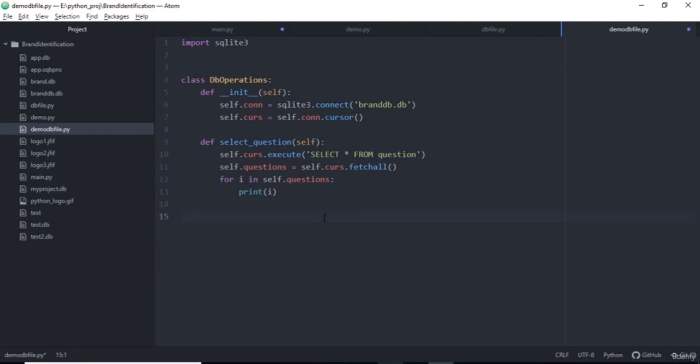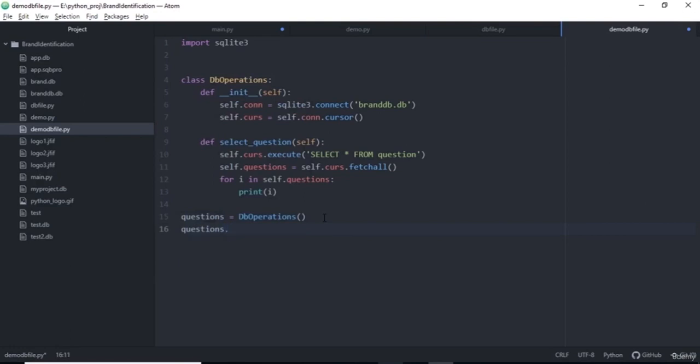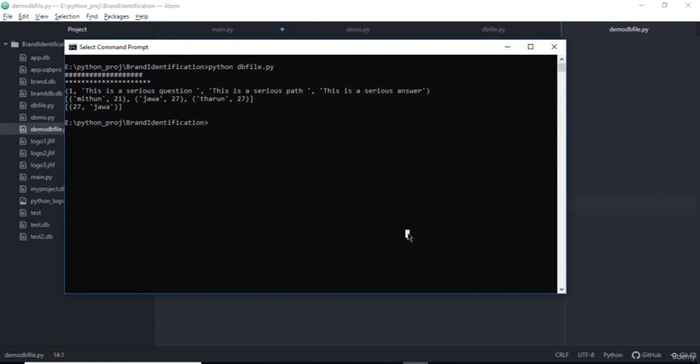So right now I'm just going to create an instance of the database. So questions is equal to db operations, and I'm going to use questions dot select questions. So I'm just calling this command. Okay, so if I save and run this,